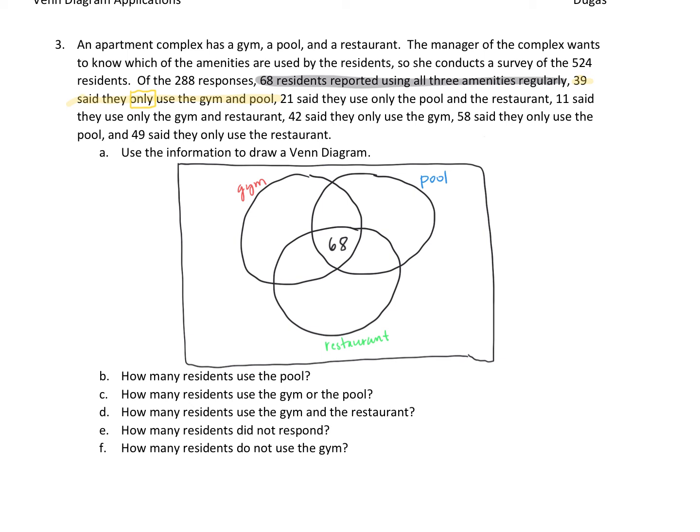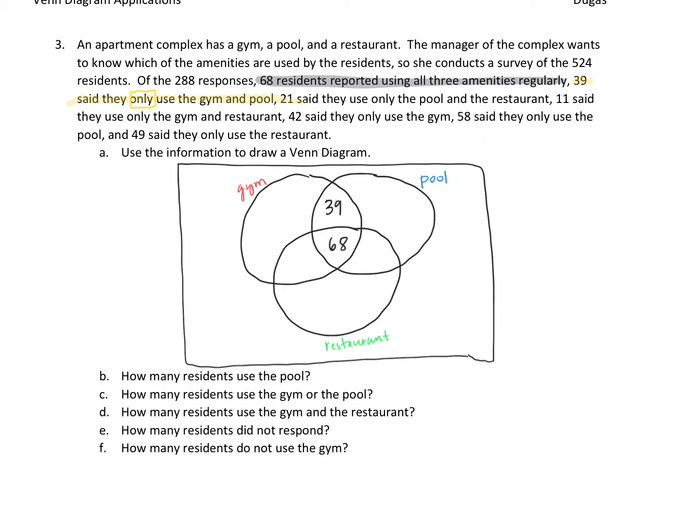So that means gym and pool only is going to be only this section. That only makes a huge difference because now you do not subtract what's already in the middle. The only means it's just that one little section. Okay, so we can go ahead and just write the 39 right there. So again, the only means you don't have to subtract. All right, the next statement is